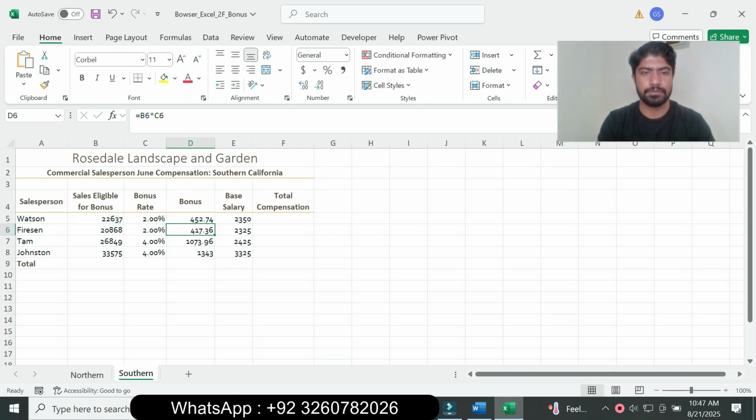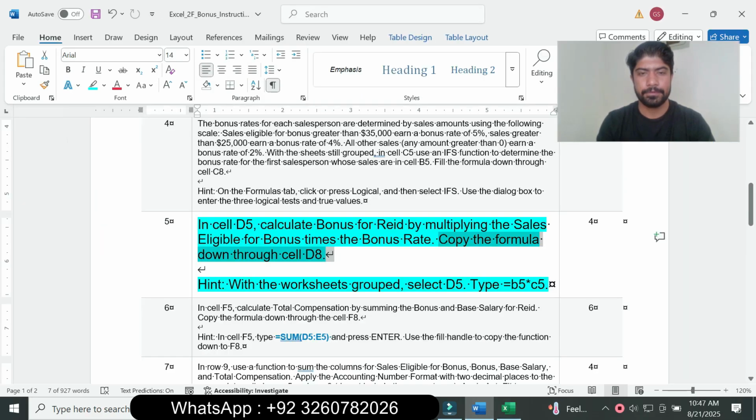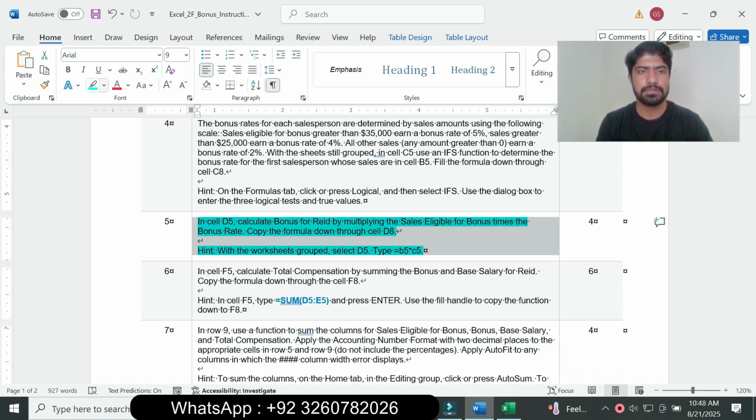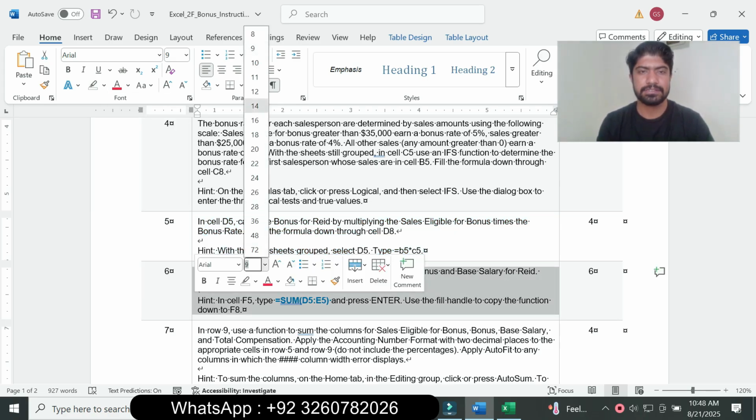Copy the formula in cell D8. So question number 5 is complete. We move to question number 6. So question number 6 is